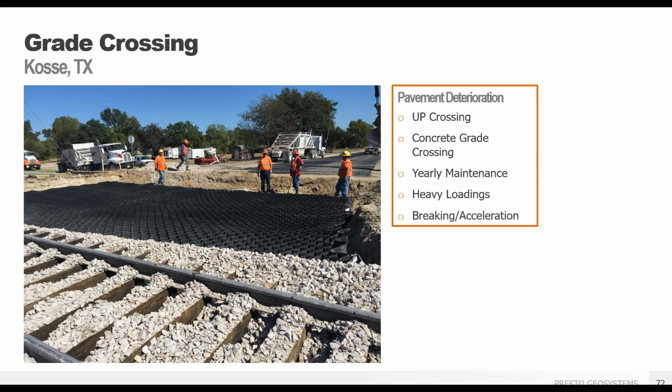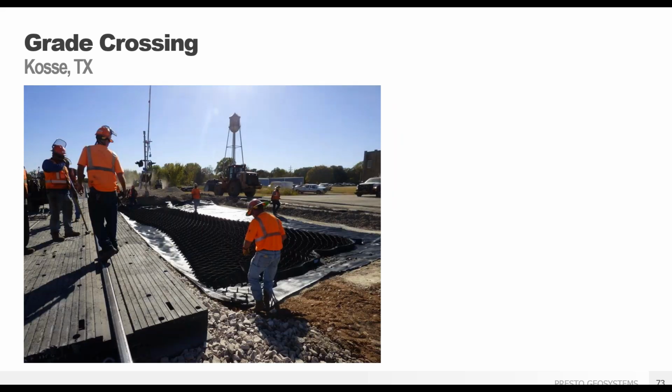So they actually ended up tying the ties in the track together and welding them, but that still even led to failure. So we had to come in and take a look at it. Here we did about 40 feet on both sides of this crossing. The solution, once again, was an enhanced woven geotextile, 150 millimeters of GeoWeb and a 2-inch cover, and then the ballast. Another interesting thing about this one: this was the first recycled composite crossing in the U.S. Like I said, this was down in Texas. So, a very successful project.